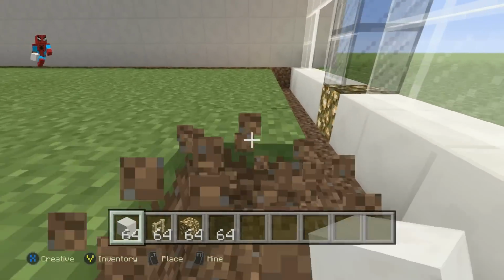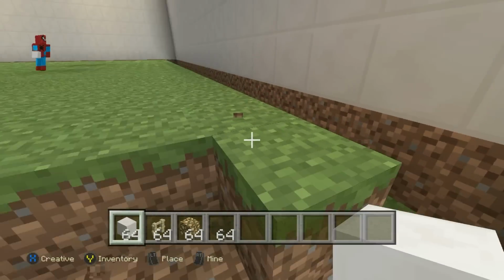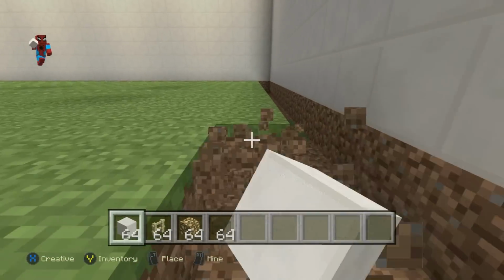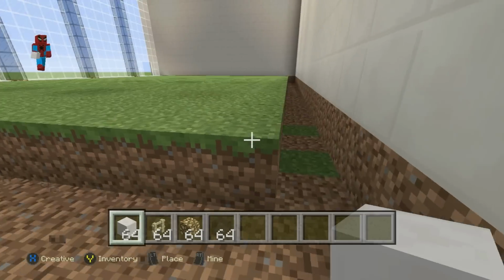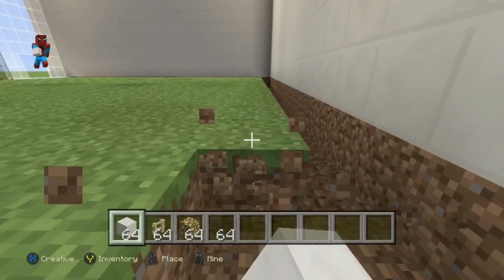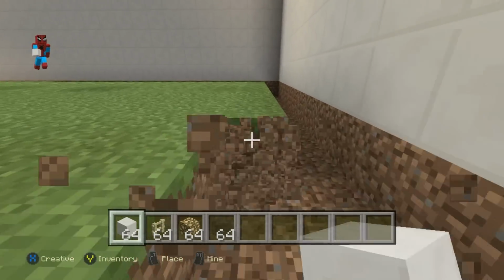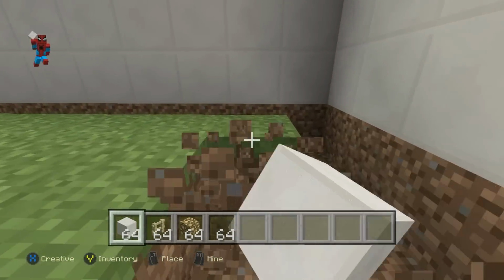So I'm not going to do this on recording because I imagine that this video is going to be long enough. I'm going to cut out, and I'll be back once I've dug out this entire area and replaced everything with quartz block. Then we can move on to tables and bookcases and stuff like that, so I'll be back in a moment.